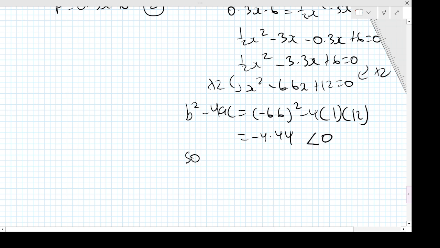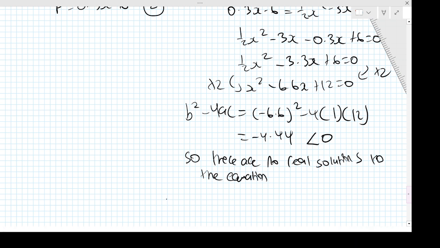So that means, if the discriminant's less than 0, there are no real solutions to the equation, to the quadratic. So if there's no solutions to the quadratic, there's no solutions to the simultaneous equations. So therefore, no solutions to simultaneous equations,